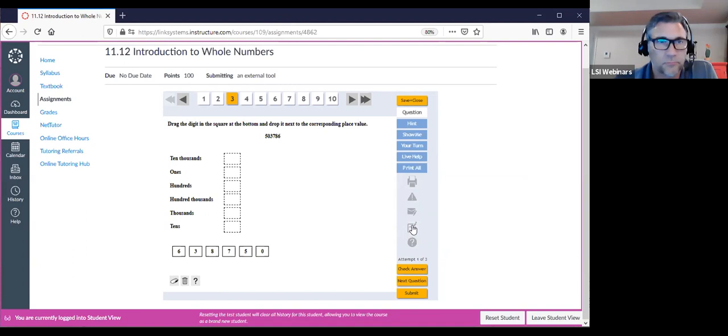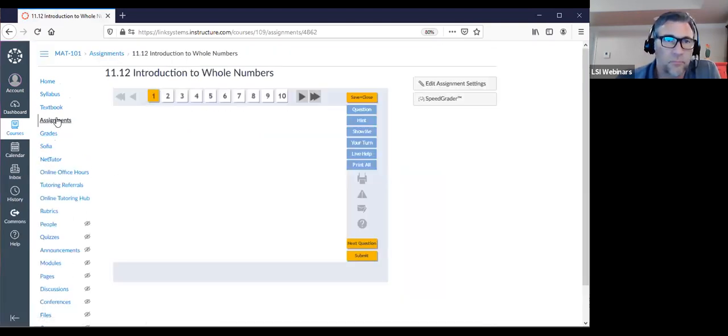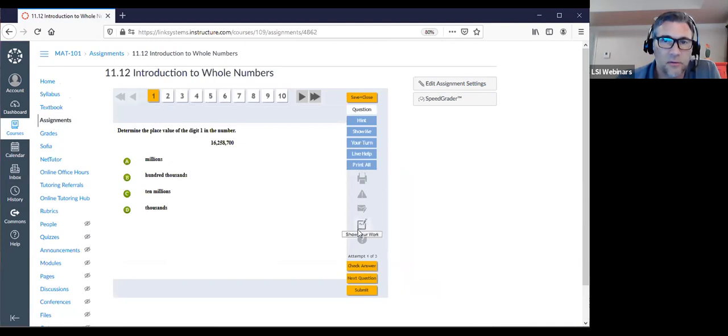Show your work. Show your work is a drawing canvas that will pop up, and students will actually see that. I'm going to change my view because I really would like you to see this. Leave student view, and I'm going back here. So this should be, there we go. Not quite sure what was going on there, but for show your work, if you're requiring that